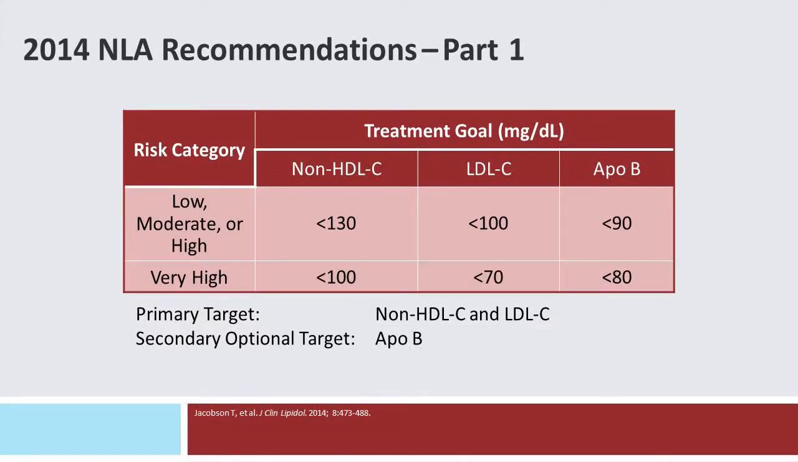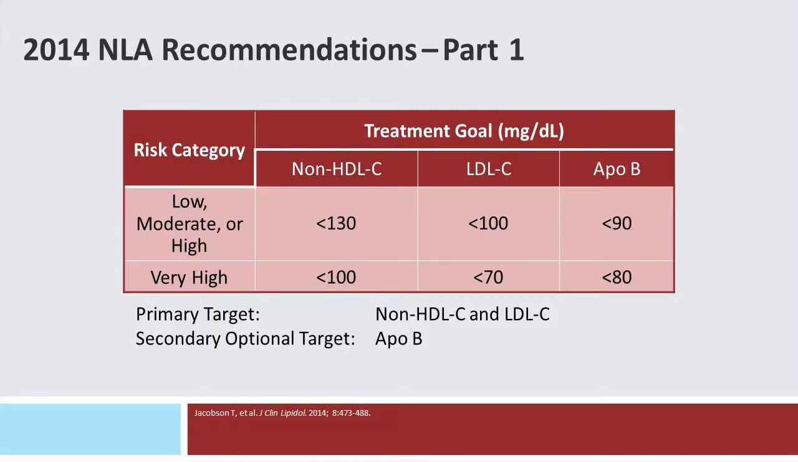So in 2014, the NLA recommendations, part 1, made it very clear that we felt that LDL cholesterol was not just the target of what we're treating to reduce cardiovascular disease, that you had to achieve certain levels in order to maximize that benefit. And of course, you know that it was both LDL cholesterol and non-HDL cholesterol that the NLA focused on as the primary targets of our treatment. And lipoprotein B was a secondary target, but you can see the levels there for LDL and non-HDL in low,